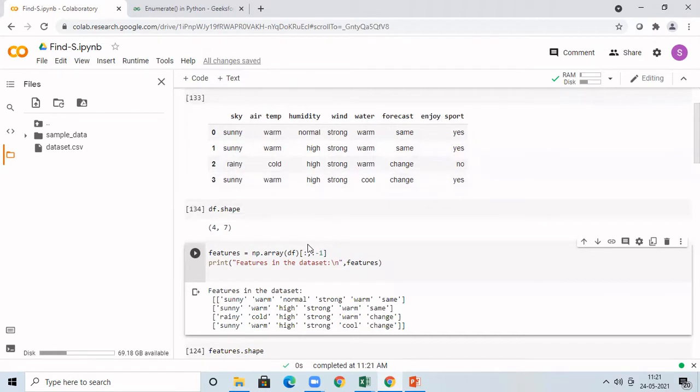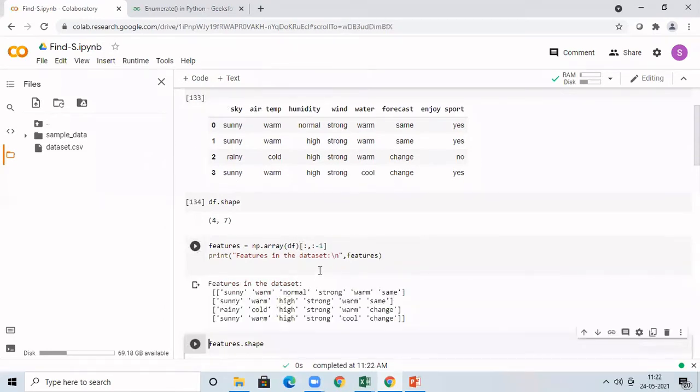Now, your data set contains the features along with our output target class. Now, our aim is we have to separate the features and then the target class. For that, you might have studied this slicing in Python. It is nothing but slicing only. So what is the meaning of the slicing? Here, this is the array.